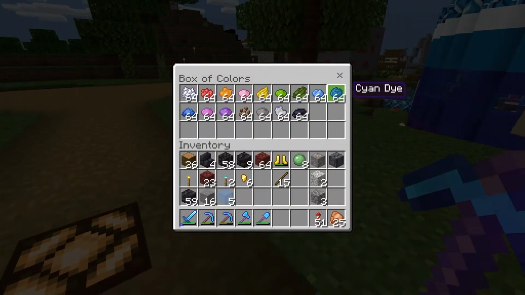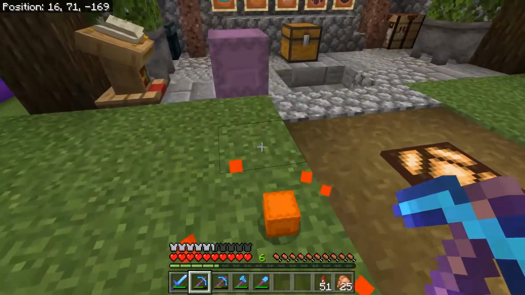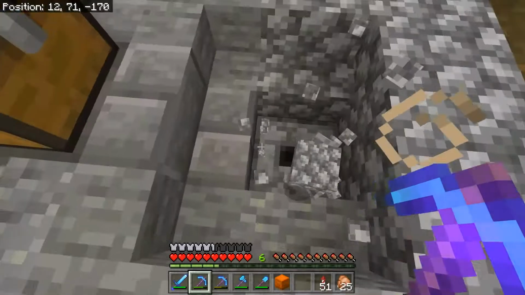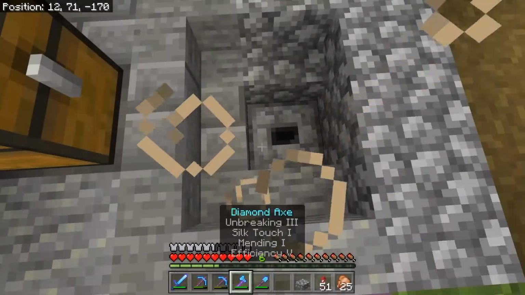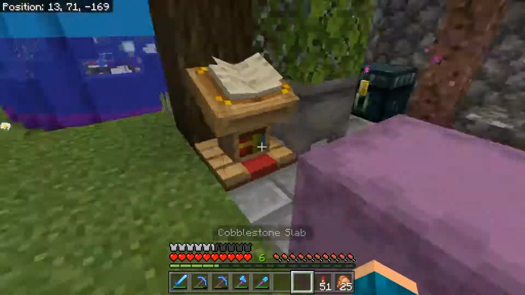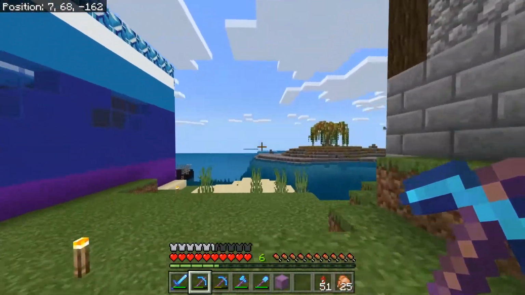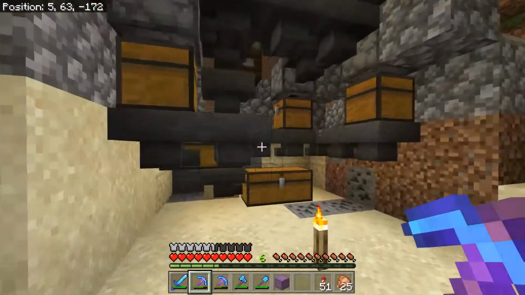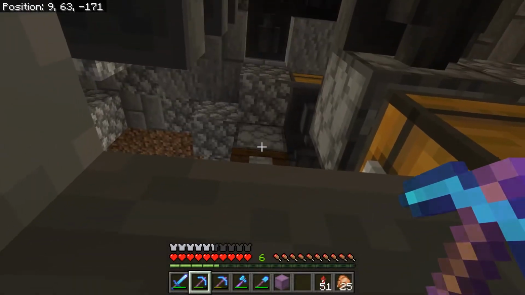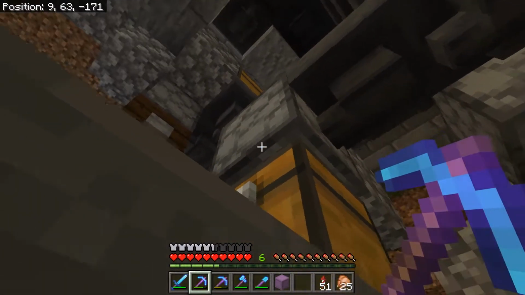All right, we have the cyan dye in. We do have 16 here finally. And we can go ahead and put that in. We do have 9 slots full. I know we have more down below that we could fill, but I just haven't got there yet. We have the room to expand if we want it. And we could put it in there, and then we have 2 hoppers and then the chest to fill up